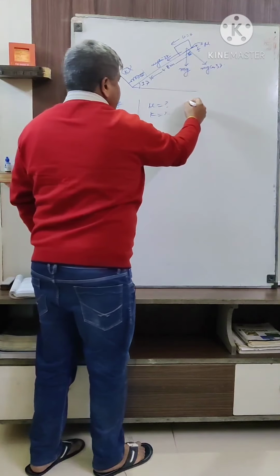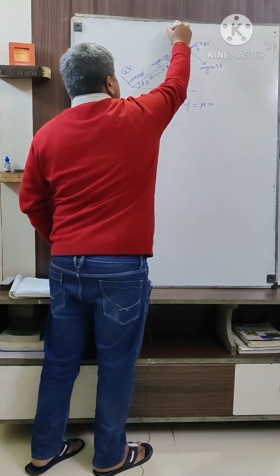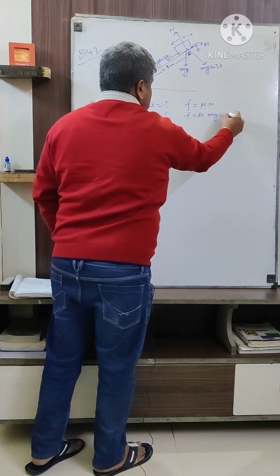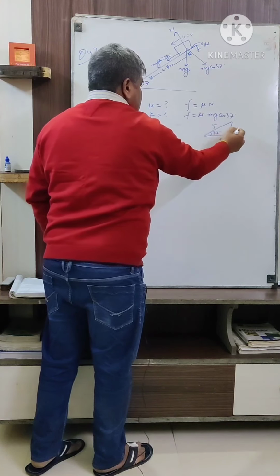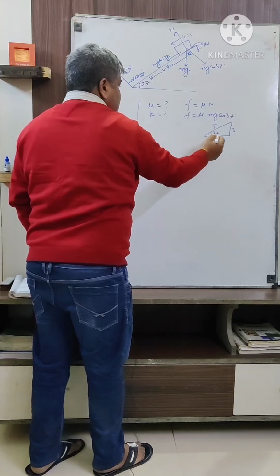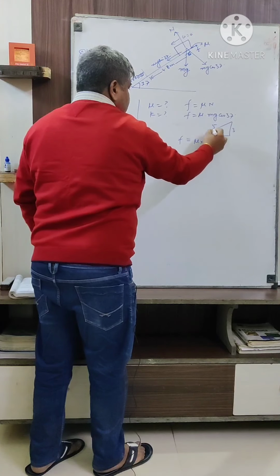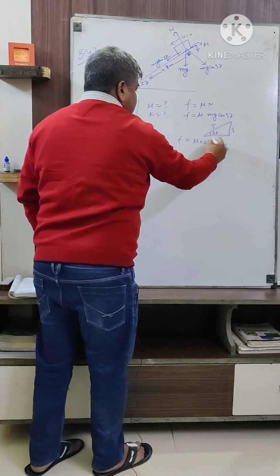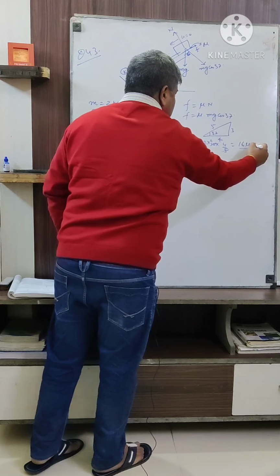First of all we find the friction force acting on it. Friction force is mu N, where N is the normal reaction. So friction force is mu times N, and N is mg cos 37. I am drawing the known triangle with 37 degrees, and these are the sides. So cos 37 is base upon hypotenuse, so it is 4 by 5. So the frictional force acting on the block is mu times m, which is 2, times g, which is 10, times cos 37, which is 4 by 5. After solving it, its magnitude is 16 mu.